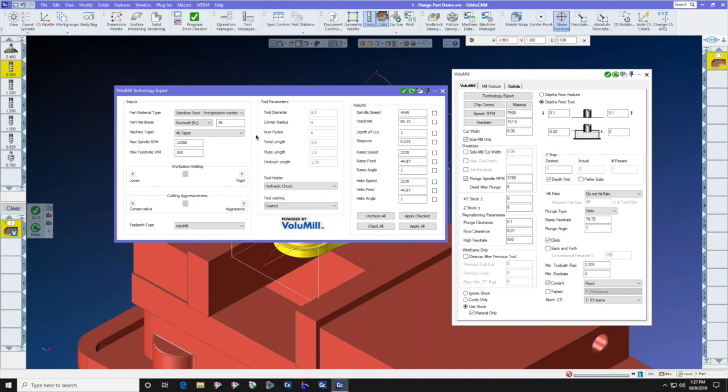The RPMs and the feed rates are much, much faster. The RPMs are usually double or triple, and the feed rates are usually times 10 or times 20. But instead of you having to calculate all of that information, simply open Technology Expert, click your material,